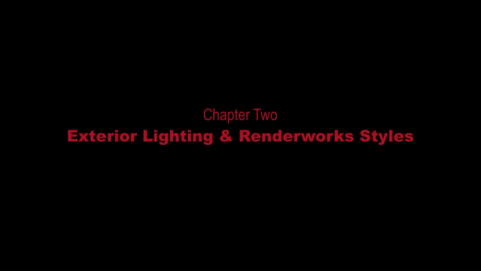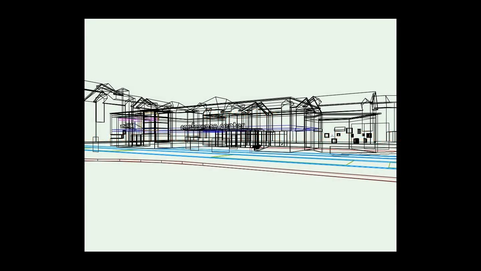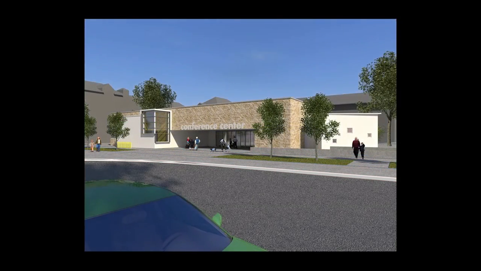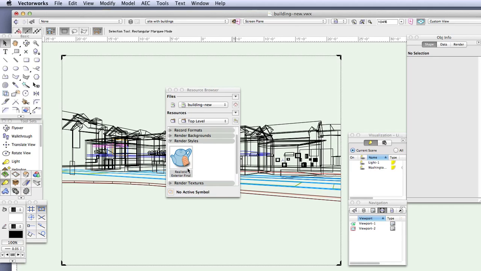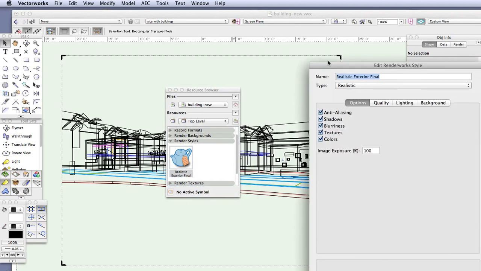Exterior lighting in Renderworks is actually very simple to do. Once you have your model and the cameras ready, all you need to do is add a sun for the sunlight and then apply a Renderworks style. A Renderworks style is actually a pre-made one-step combination of settings that supply reflective light from the sky and a background